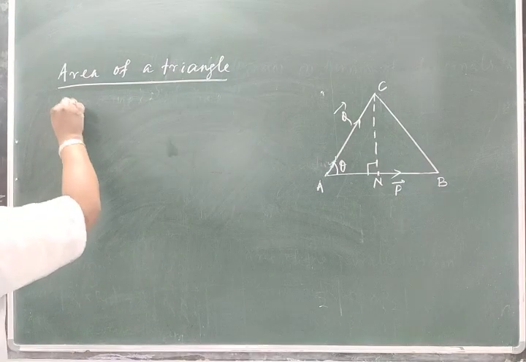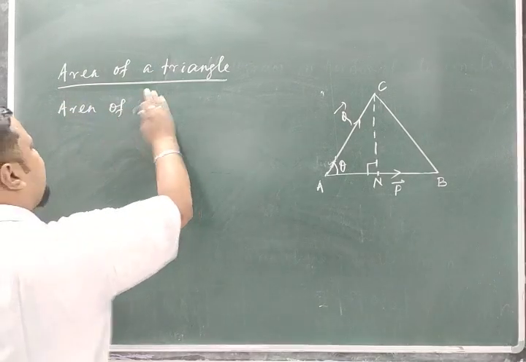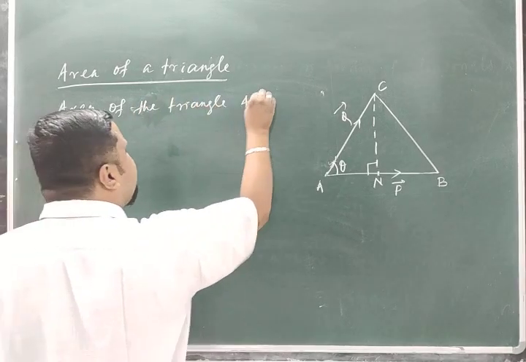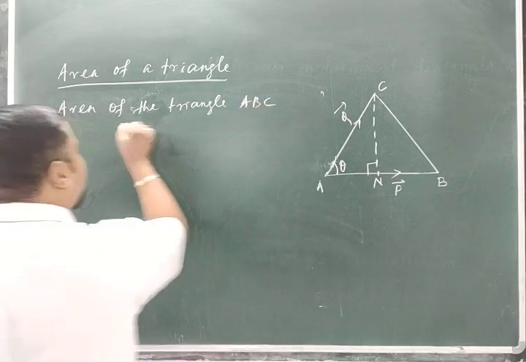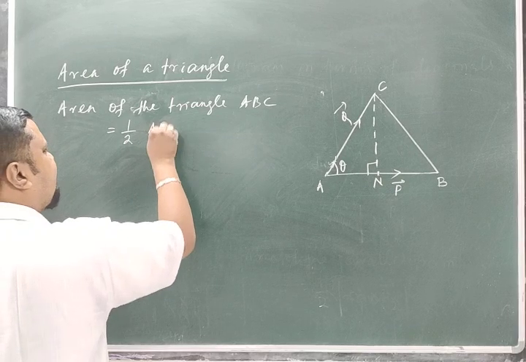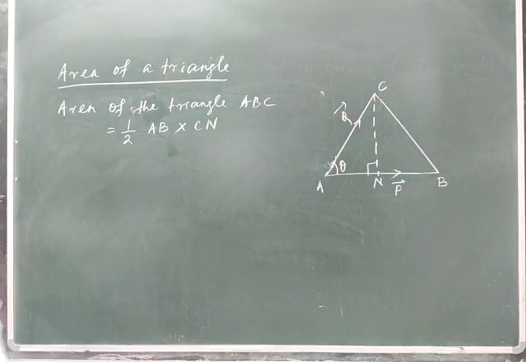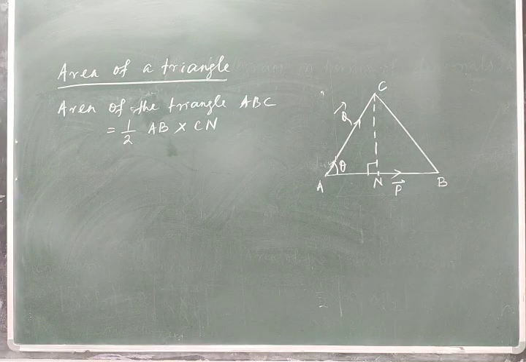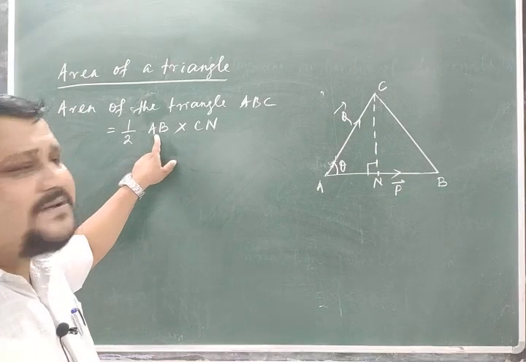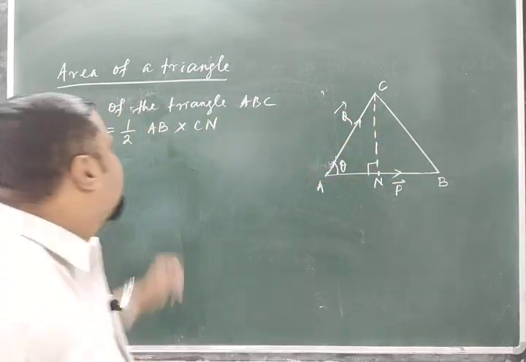So, as for the formula of the area of a triangle, the area of the triangle ABC is equal to, what is the formula? We know that it is half base into height. So, let me write base is AB into height is CN. I am considering only the magnitudes, half base into height. That is the area of the triangle. You know that this AB is the magnitude of the vector P, but what is this height? I will find out.